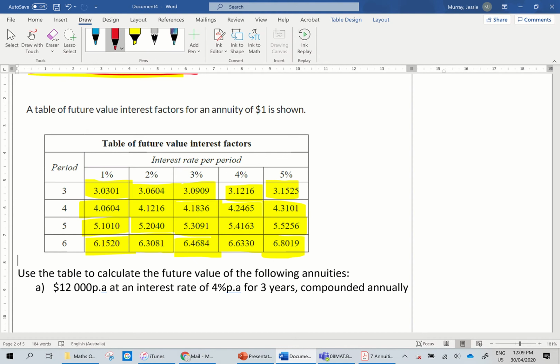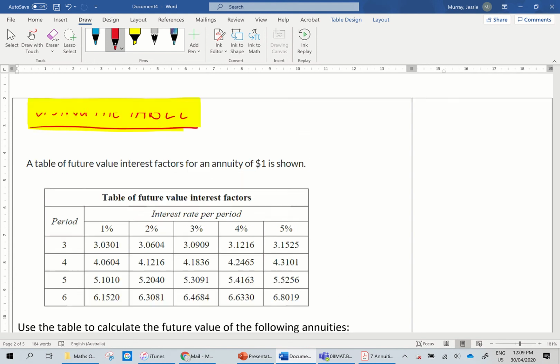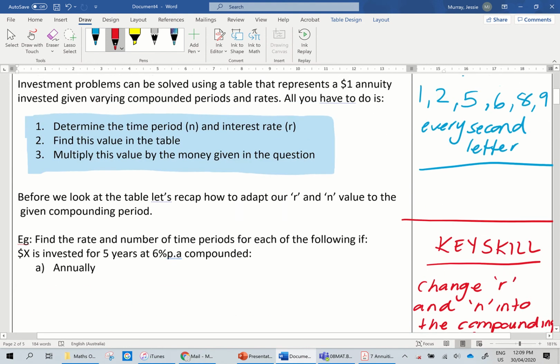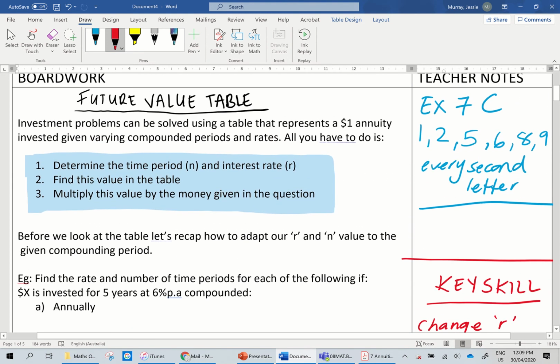So basically all you're going to do is you find your interest rate, you find your time period, and then you go to that section in the table, okay? And then if your annuity is $6,000, you times that by 6,000 and it would give you the future value. So it's really nice and straightforward, okay? So that's just an example for that case. So obviously, depending on whatever rate you have and every time period you have, you just find the different number and multiply it. One thing you do need to be good at, though, is adapting to find the correct R